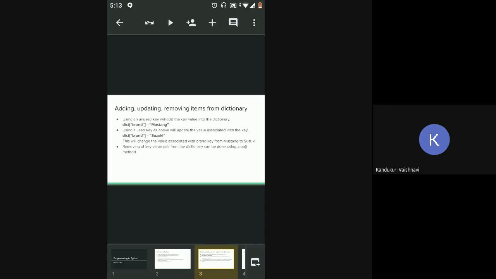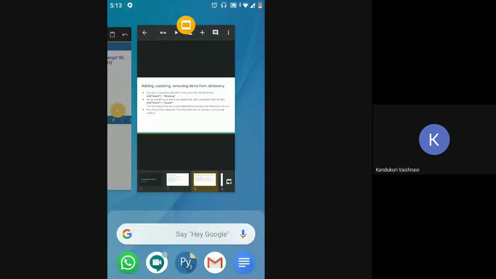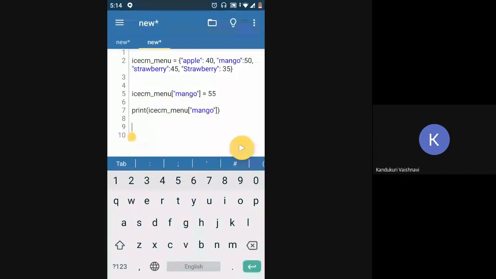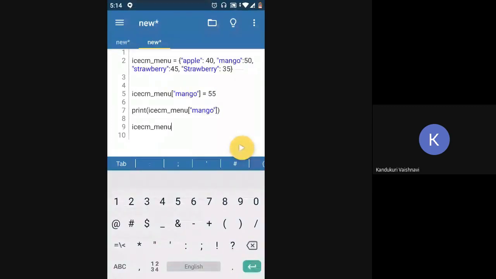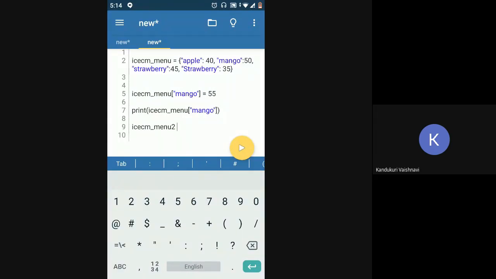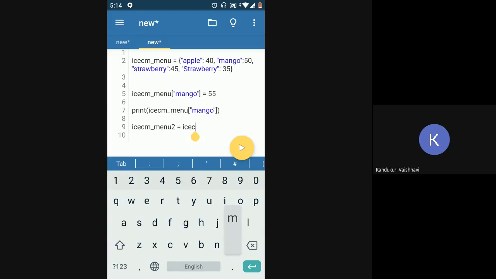Okay, now if you want to remove an element from the dictionary. Okay, before that, if I want to copy a dictionary, like if I want to completely copy a dictionary, so if I have one more dictionary, menu 2, and I want to copy the elements of this first dictionary into the second dictionary, then you can directly use ice cream menu dot copy.